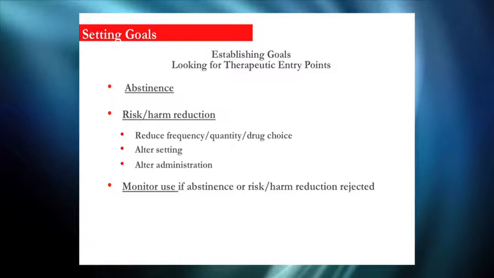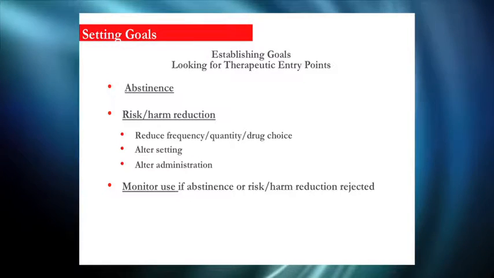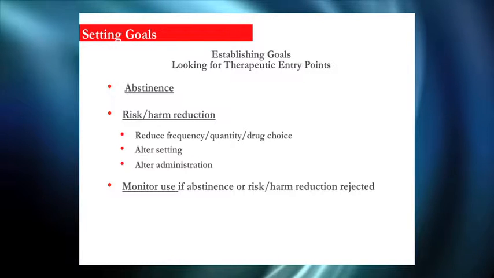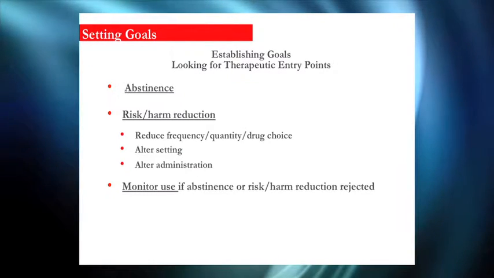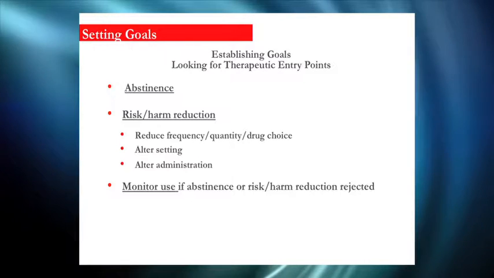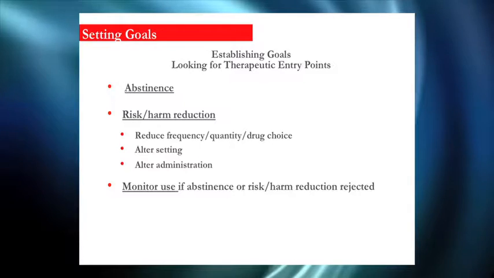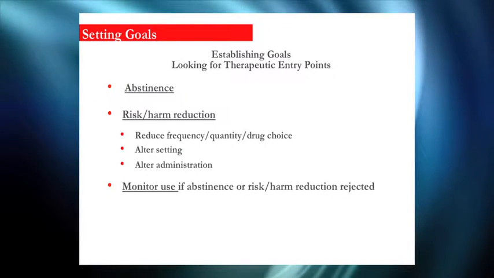Not using before school or not using during school. That would be better than if they're using while they're trying to learn. If you had a heroin user and they're shooting up, altering administration would be harm reduction, but that's pretty rare in the teen years. So any option to getting a reduction is a plus. You're going to revisit abstinence in the second session.